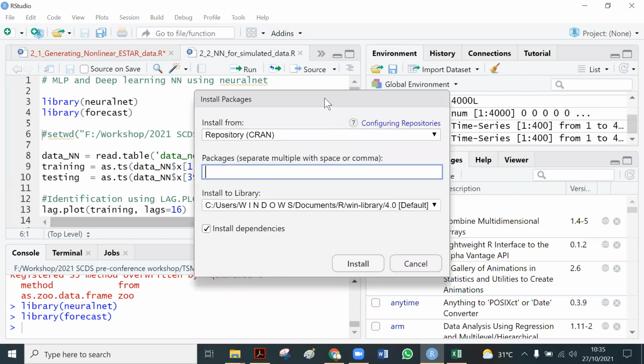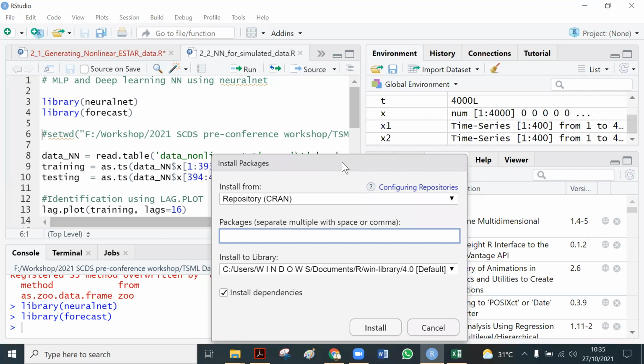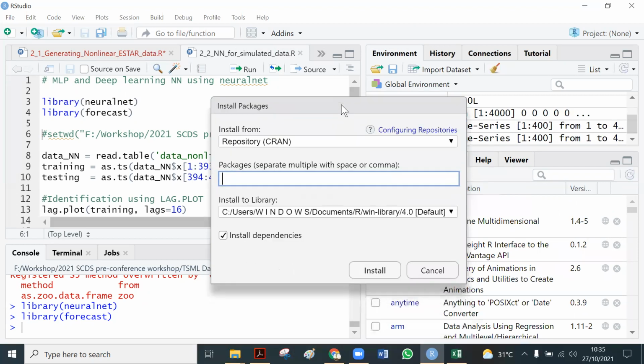Afterward we can write the package we need to install. Let me check neuralnet.